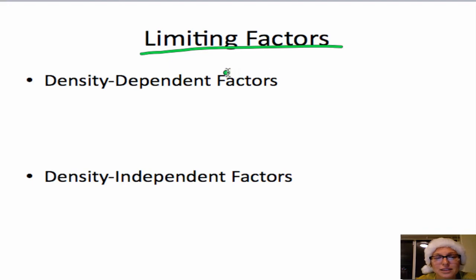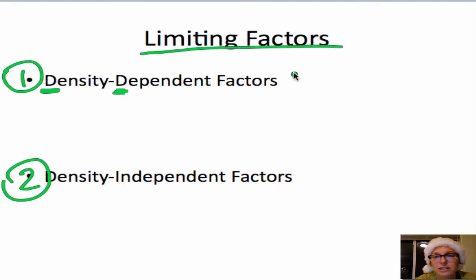And these are things that control population size. And we have them separated into two different categories. We have density dependent factors, which I abbreviate as DD, just for note's sake. And density dependent factors are exactly what they sound like. These factors come into play depending on the density of the population. So these are things like,